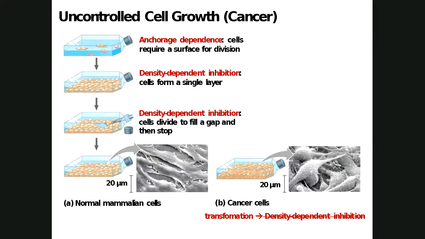Cancerous cells are transformed genetically, so they no longer have that density-dependent inhibition, and they begin to grow on top of one another, and they form tumors. A tumor is a mass of cells that are growing in sort of an unorganized group. Now, the problem with tumors is tumors are cells that need energy, and they're going to start drawing that energy from the surrounding healthy tissue.